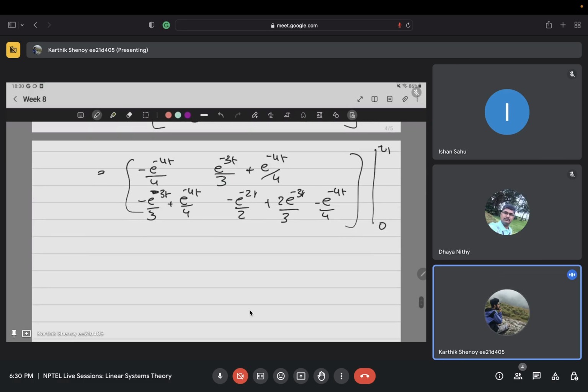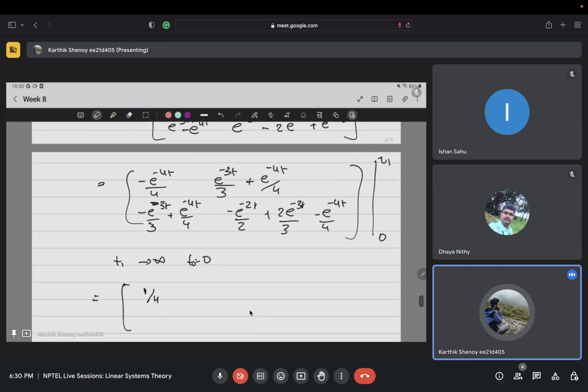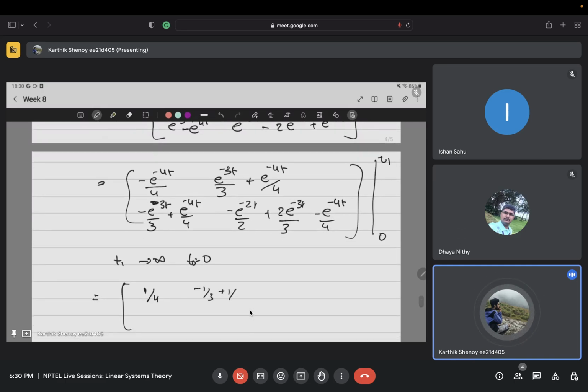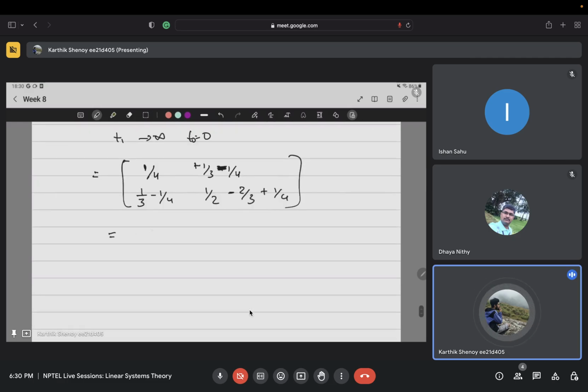So now I'll just substitute t1 as infinity and t0 as 0. So what will I get? The matrix will be the negative of whatever I substitute for 0, so that will be 1 by 4, correct. Then this is minus 1 by 3 plus 1 by 4, so there will be plus and minus here. Then you have 1 by 3 minus 1 by 4, it's a symmetric matrix. Then this is 1 by 2 minus 2 by 3 plus 1 by 4. So that will be equal to 1 by